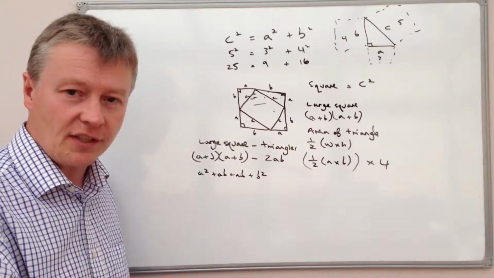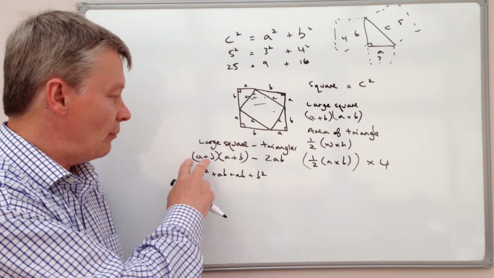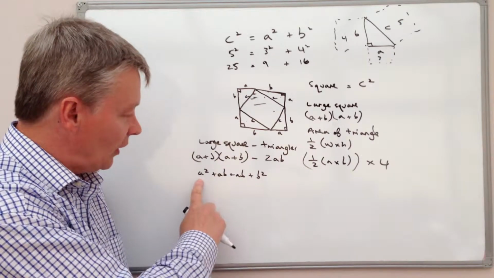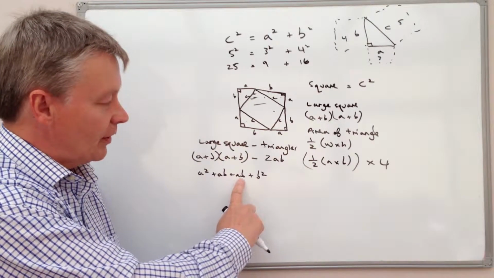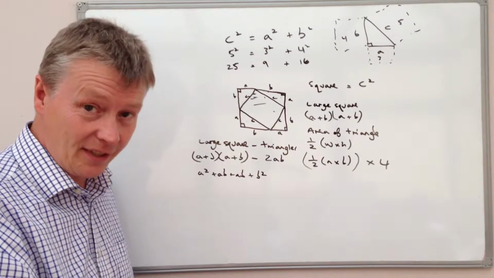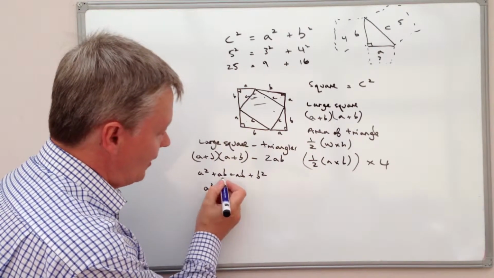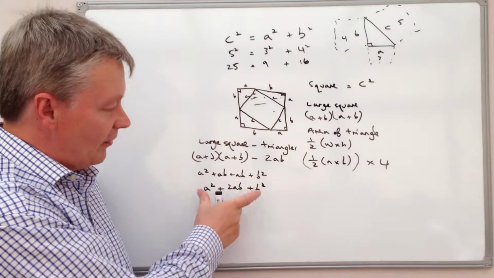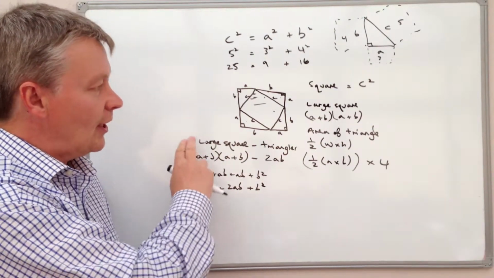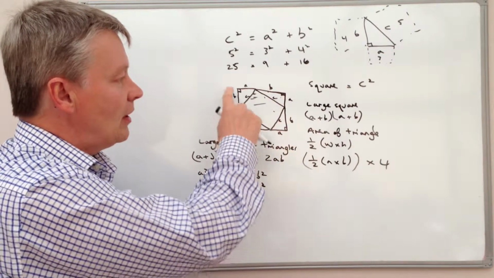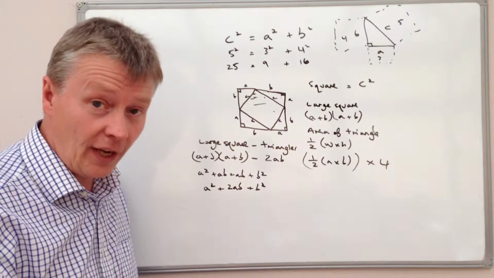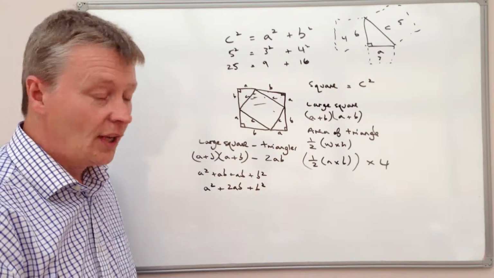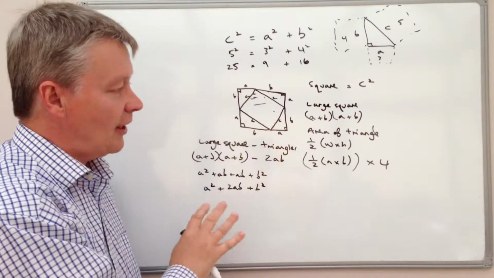But it's basically using a technique which a lot of people call FOIL, where I'm multiplying each of these terms by each other. So I will end up with A squared plus AB plus AB plus B squared. So I'm going to tidy that up, and I'm going to end up with A squared plus 2AB plus B squared. So in other words, that formula will allow me to calculate the area of this large square. So I could have any value of A and any value of B, and providing I've got all of the four triangles exactly equal, then I'll be able to calculate the area of the